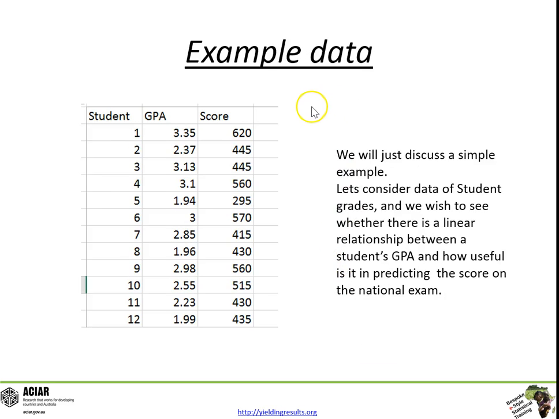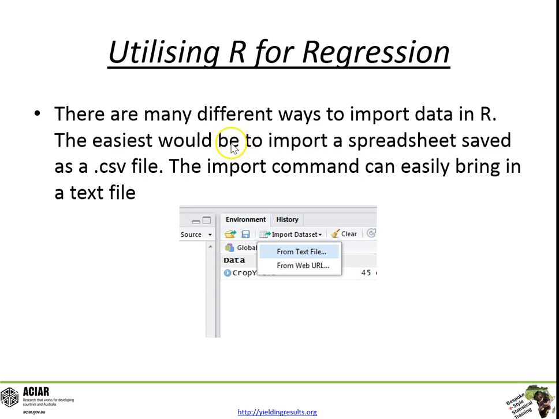Let's generally look at a little example here. We're considering we've got some data from student grades, and we want to just check whether there's a linear relationship between a student's GPA at school and their performance in a national exam. So it's a simple example just to give you the principles of regression. There are many ways to bring